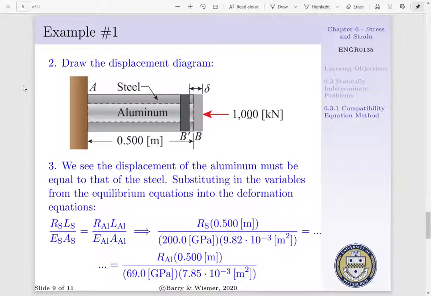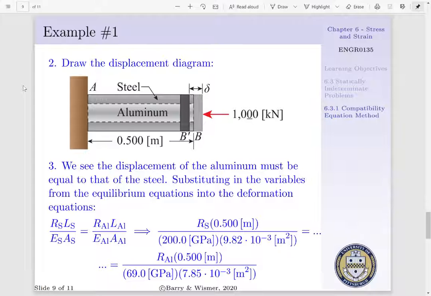The deformation of our steel is given as RS times the length of the steel, which is 0.500 meters, per the elastic modulus of our steel, which is given as 200.0 gigapascal, times the cross-sectional area of the steel, which is given as 9.82 times 10⁻³ meters squared. And this has to be equal to the deformation of our aluminum, which is given as RAL times the length of 0.500 meters, per the elastic modulus of our aluminum, 69.0 gigapascal, times the cross-sectional area, 7.85 times 10⁻³ meters